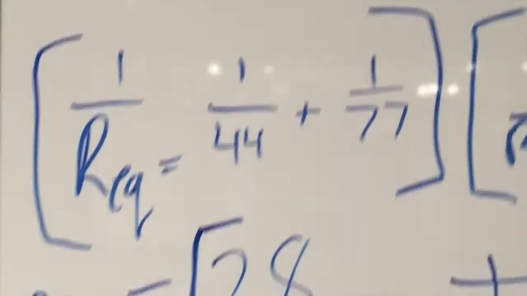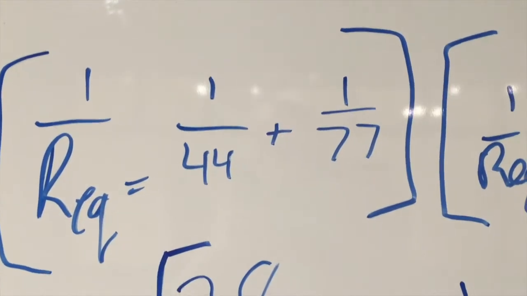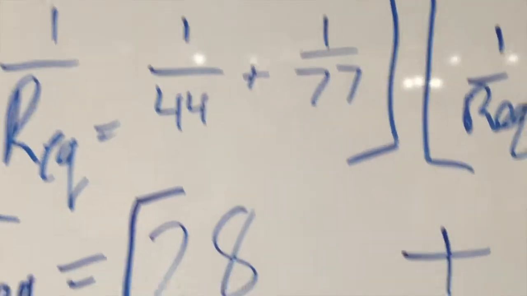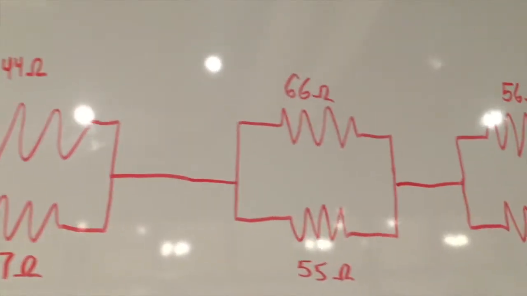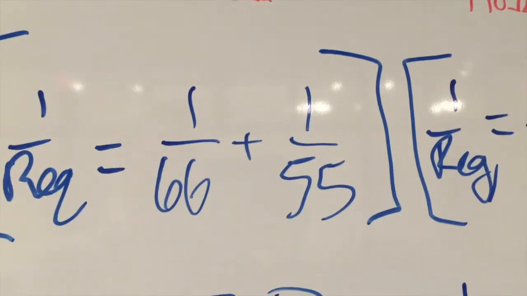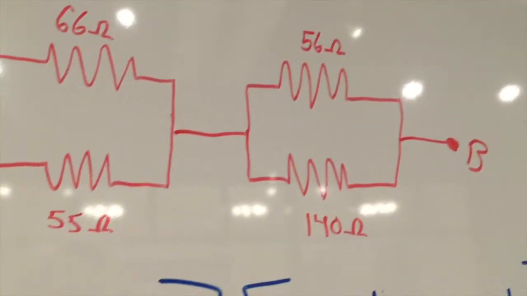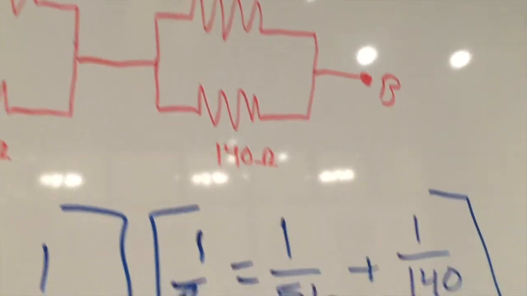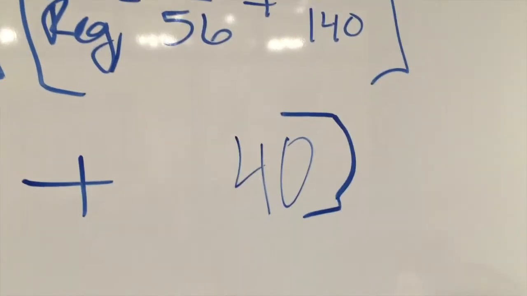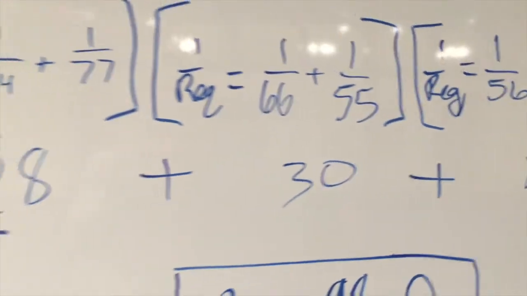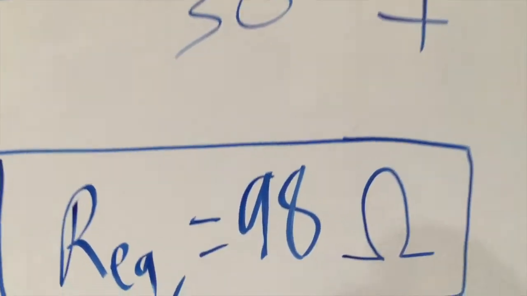So for this one it would be 1/44 plus 1/77. You take the reciprocal of that, you get 28. Do the same for the next one. You get 1/66 plus 1/55. You get 30. Then the final one, 56 and 140. You get 40. And now they're all in series, you can add them all up, and you get an equivalent